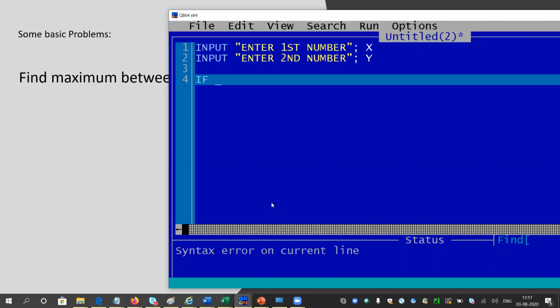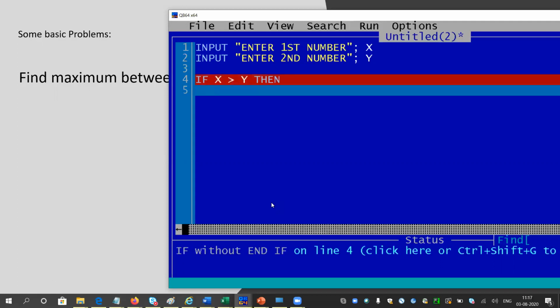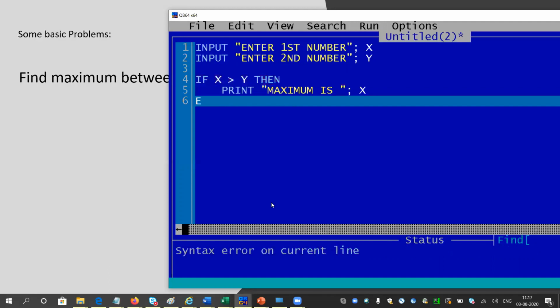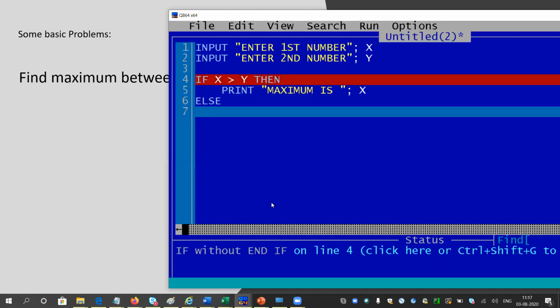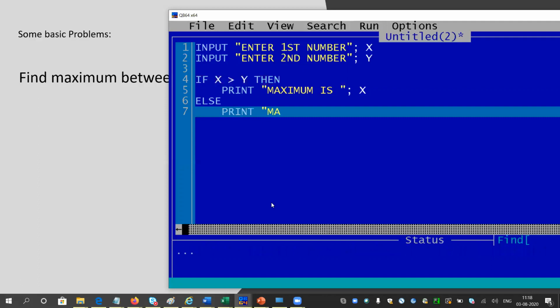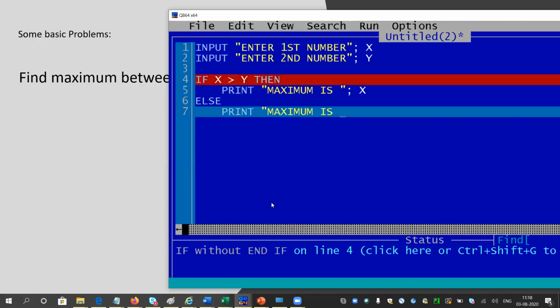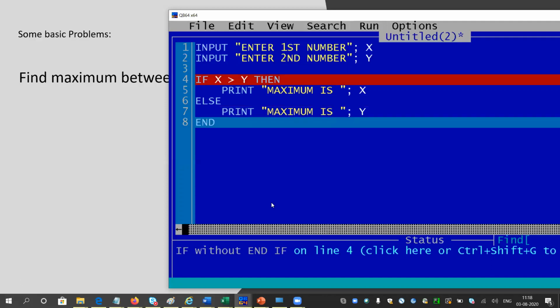So if x greater than y, so the user will input two different numbers for x and y. So if x greater than y, then I will print maximum is x. Okay, else print maximum is y.